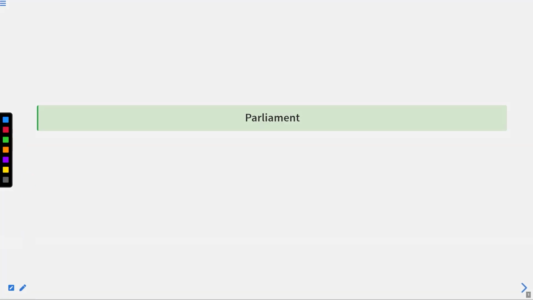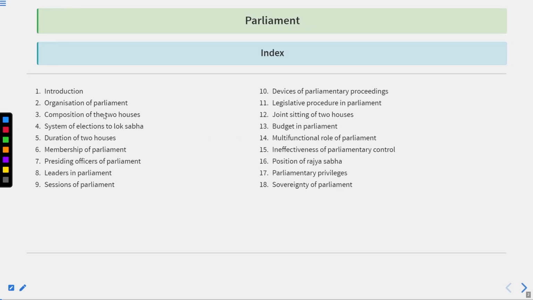So students, as we know, we are covering the parliament, right? And within this particular topic, we have scheduled these topics for the discussion, starting with the introduction part, thereafter organization of parliament, thereafter composition of the two houses, thereafter systems of election to Lok Sabha,